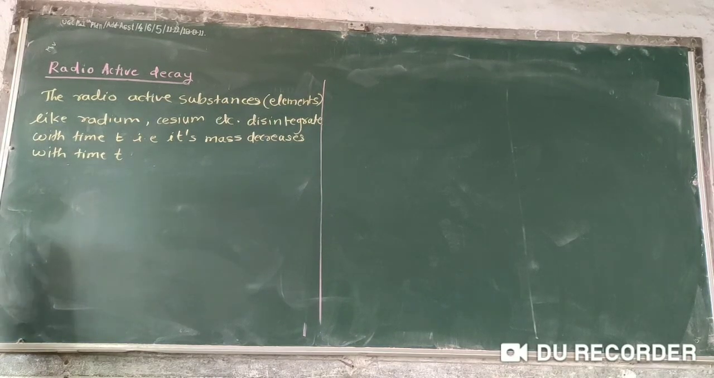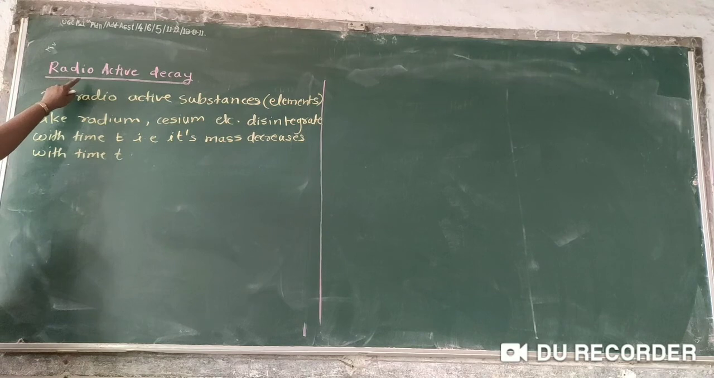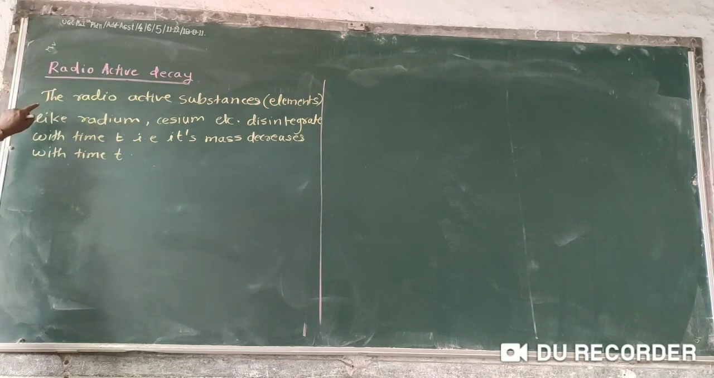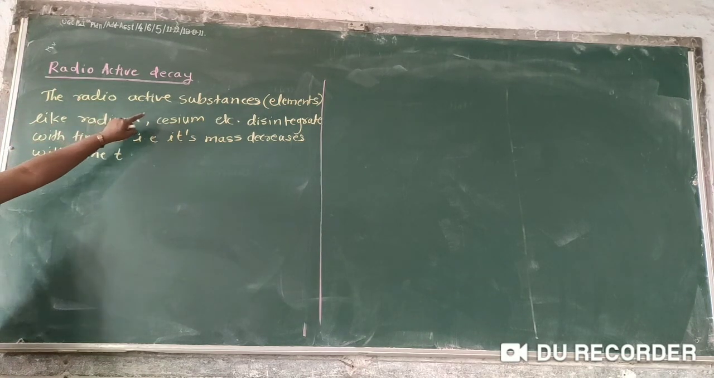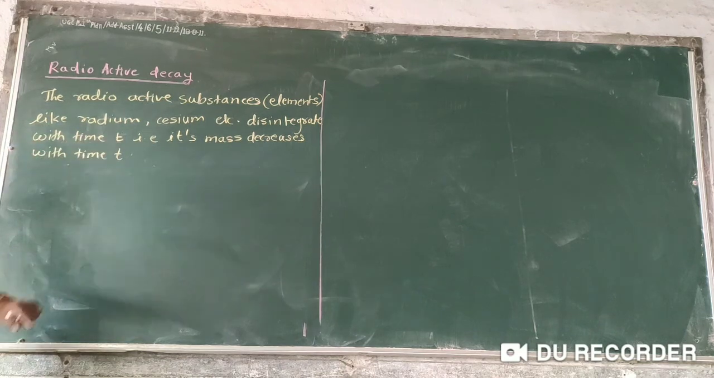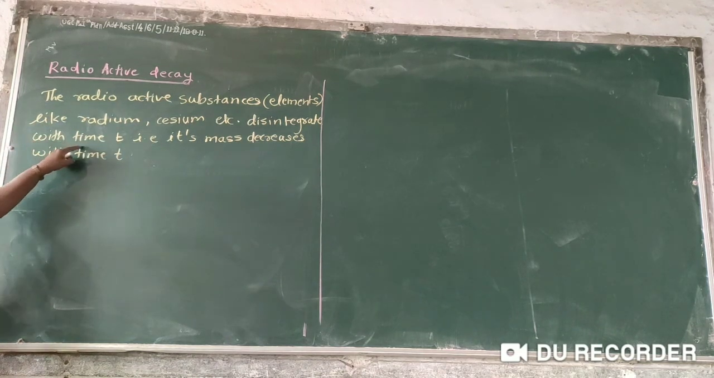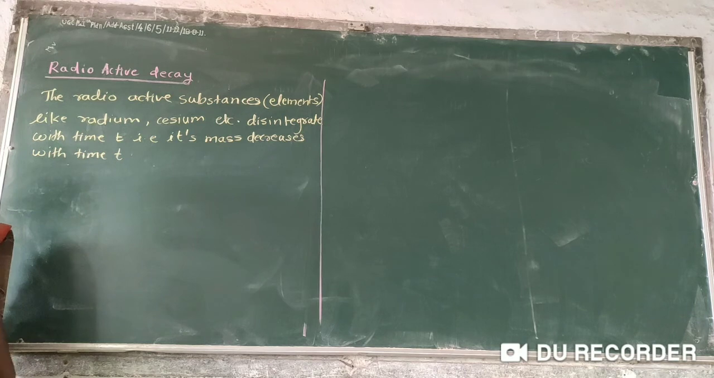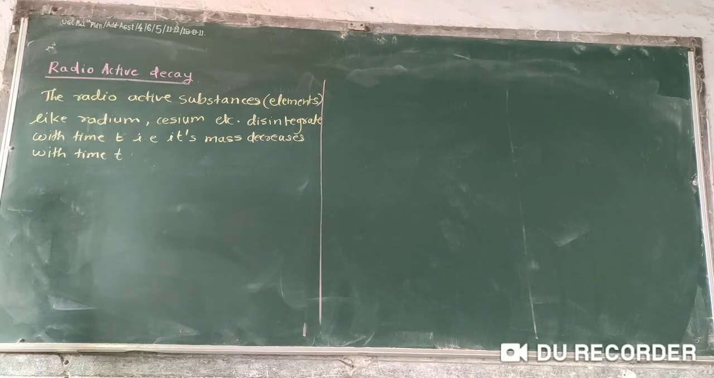The second application of differential equations is the decay rate of a radioactive substance. See here, radioactive substances or elements like radium, cesium, etc. disintegrate with time t. That is, their mass decreases with time t. Therefore, the rate of